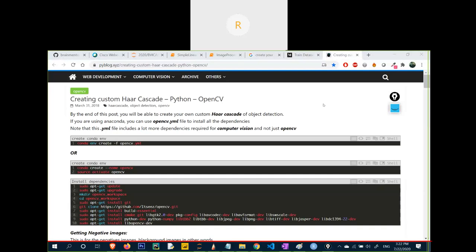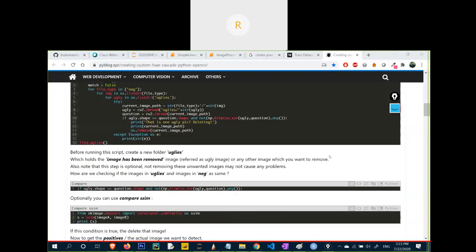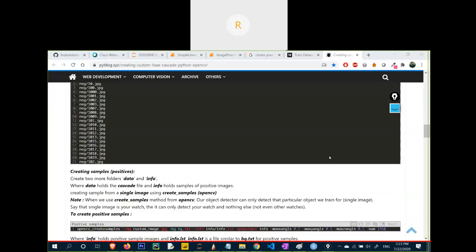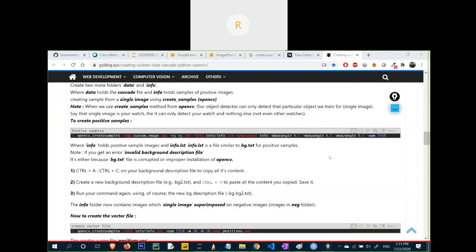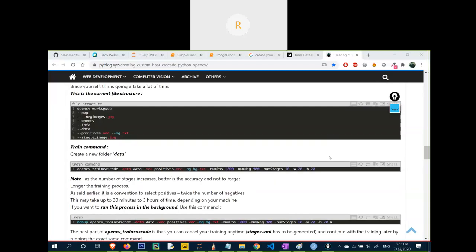These are basic tutorials to create your own Haar cascade. If you want to build your own Haar cascade, please go through these two websites.